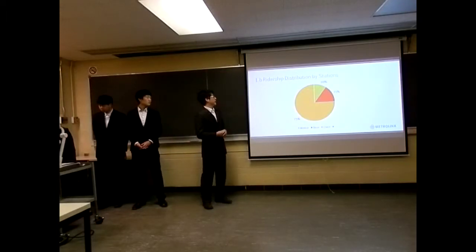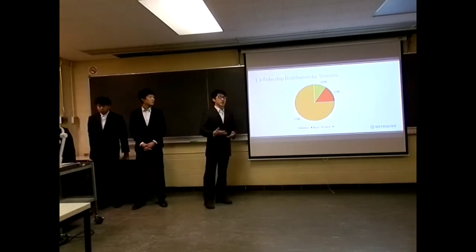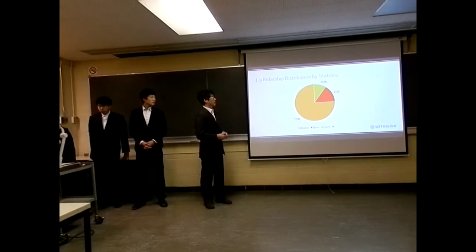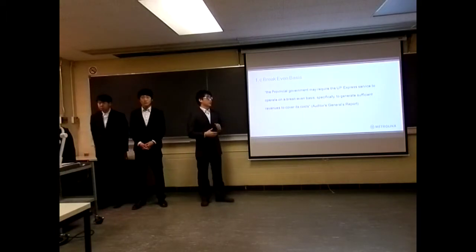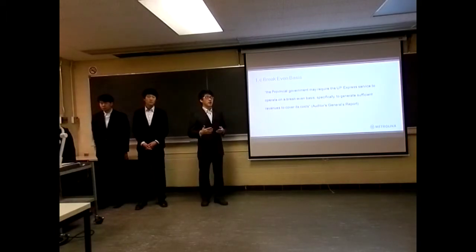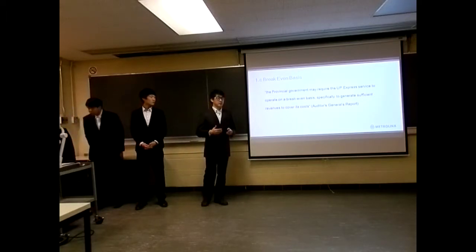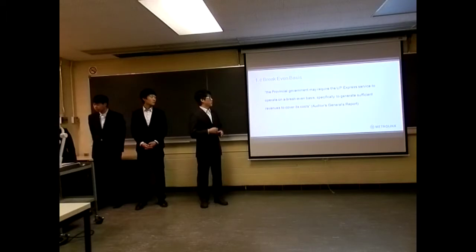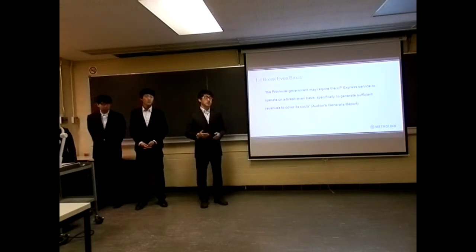And this pie chart shows you the ridership distribution by stations, and this is just the information we got from the case sheets we got in the last weeks. And the third is the break-even basis. We're going to operate on a break-even basis, which is required by the government. We also found that under the fixed pricing income statement, we're able to break even after our ridership is stabilized. So we're going to use the $20 as a reference to compare and contrast our variable pricing strategy.